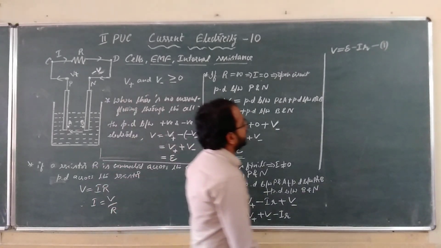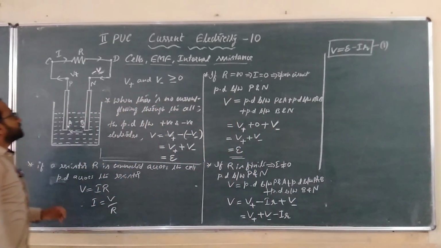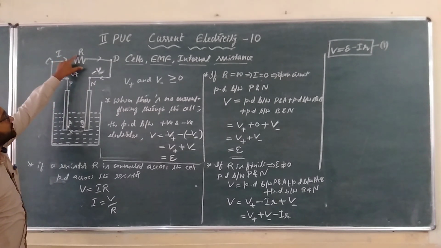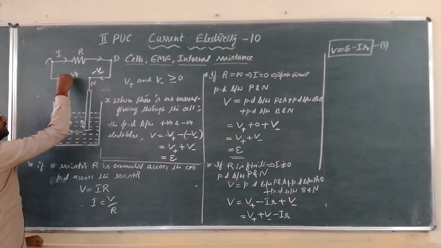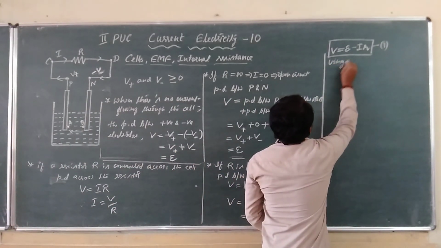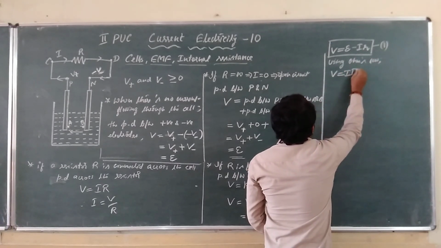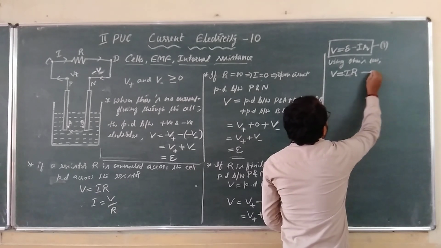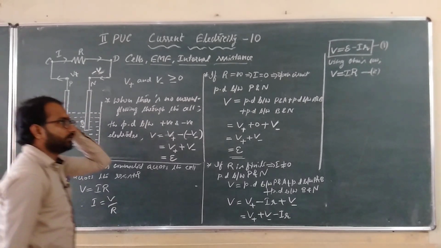So therefore V is equal to I into R, using Ohm's law. R is the resistance of the resistor, and I is the current flowing through the resistor. What is the potential difference across the resistor? That is the same as the terminal potential difference, V itself. Using Ohm's law, you can write V is equal to IR by considering the resistor connected to the cell. This is the expression for the terminal potential difference itself. So equate equation 1 and 2.